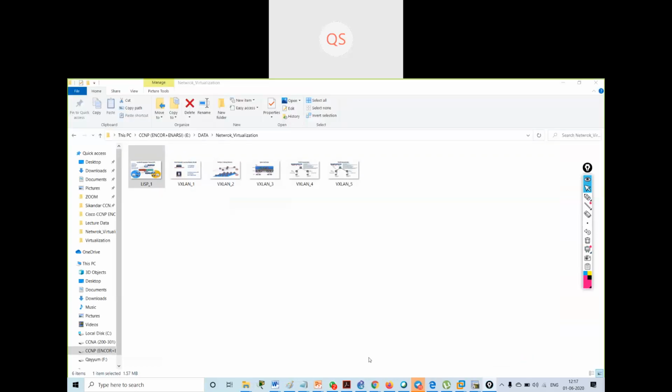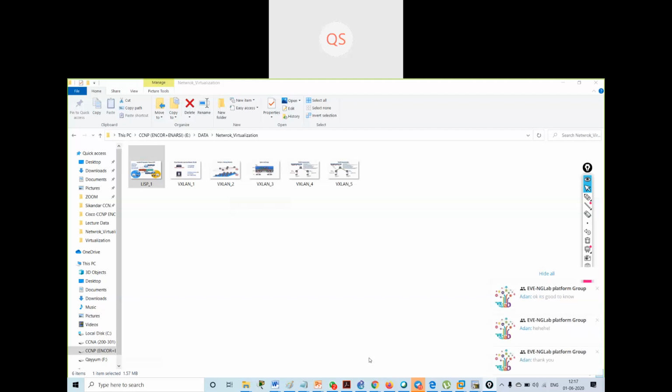Okay, now the next thing that we have is VXLAN. What is VXLAN? The full form is virtual extensible local area network.